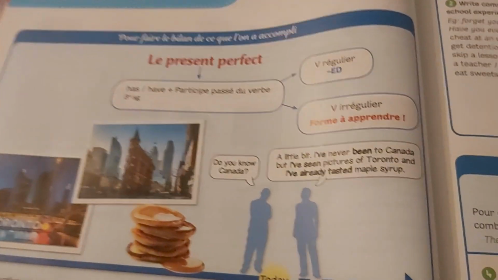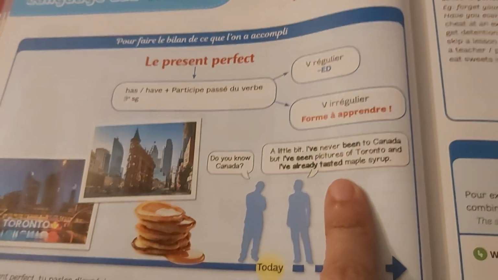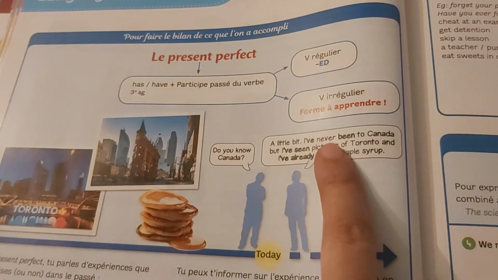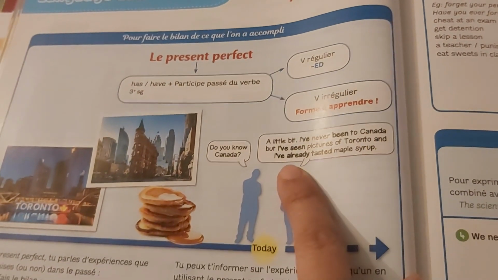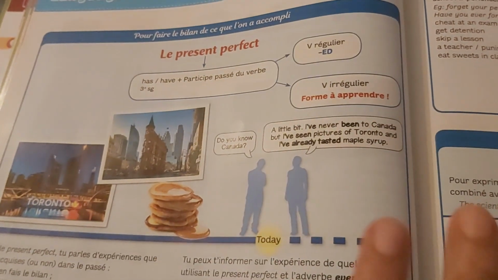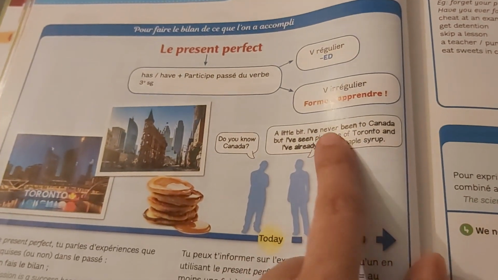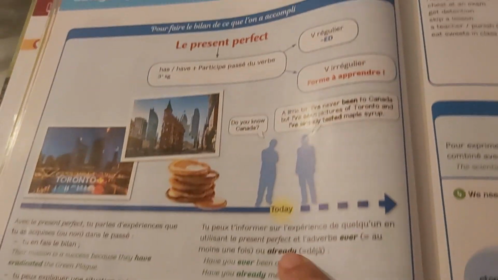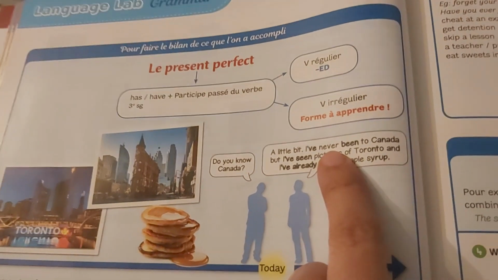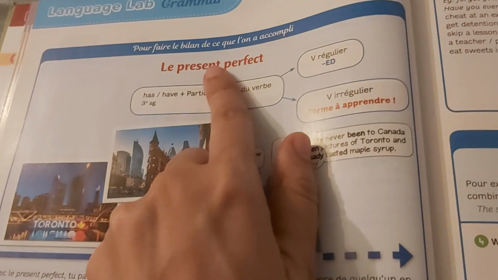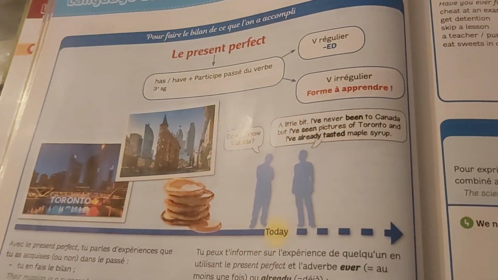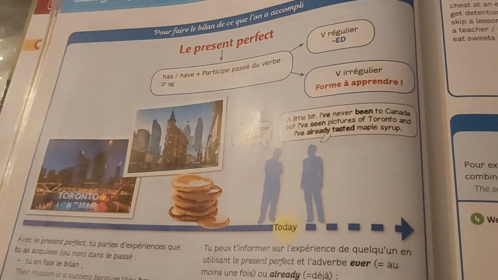Okay, and here you can see a little example. It talks about his experience. He's asking, do you know Canada? A little bit. I have never been to Canada. Okay, he says it's his experience. He has never been to Canada. Actually, never, on utilise, c'est un adverbe aussi comme ever and already. Donc never, jamais. And this never we use with the present perfect. Okay, donc on parle de nos expériences qu'on n'a jamais faites, on n'a pas faites dans nos vies, donc on